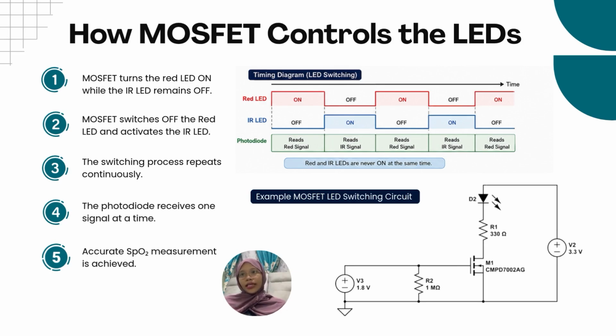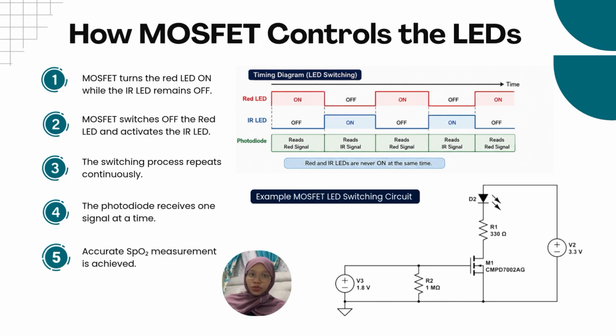This alternating switching process repeats continuously at a very high speed. Because the red and infrared LEDs are never on at the same time, the photodiode receives one signal at a time without interference. As shown in the timing diagram, the photodiode alternately reads the red and infrared signals, allowing the microcontroller to compare both measurements and accurately calculate the